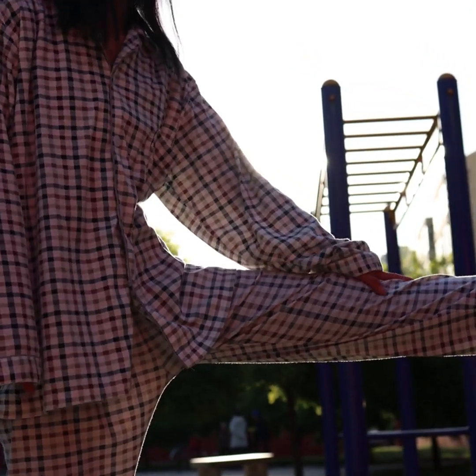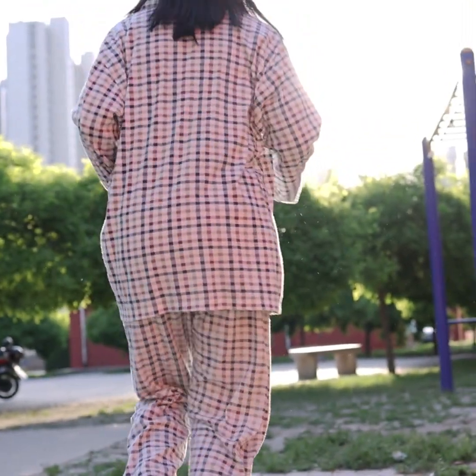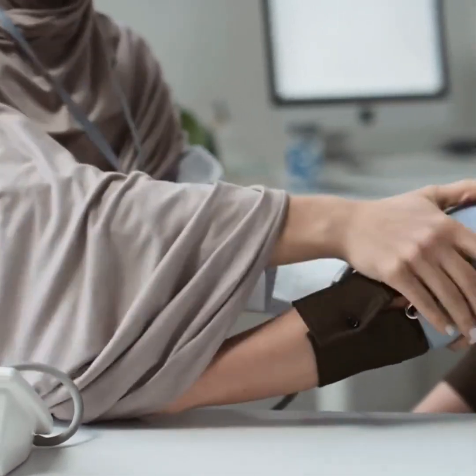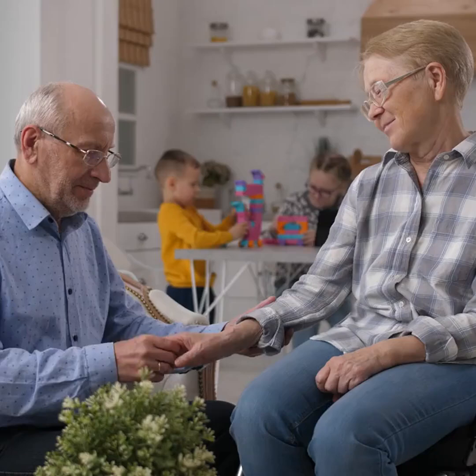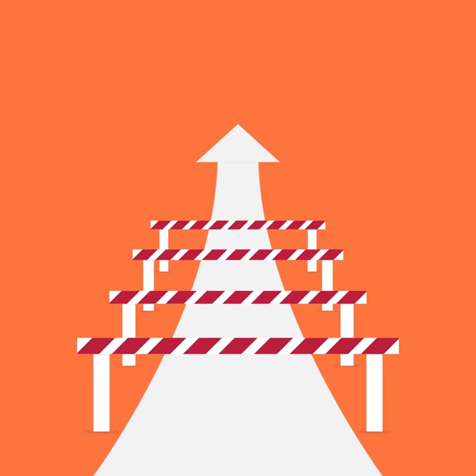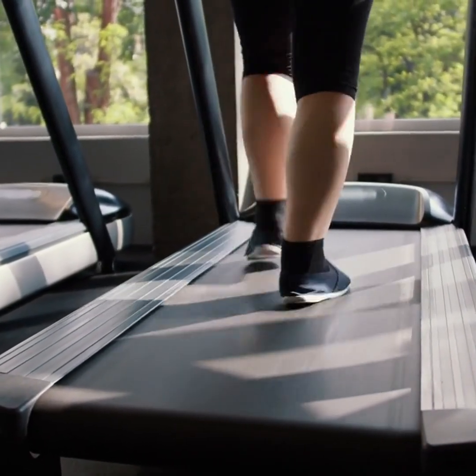Join me as I take on the challenge of overcoming hemiplegia weakness using just 2 simple exercises. Hemiplegia is a condition that affects millions of people worldwide, and it's a reality that I'm all too familiar with. Whether it's a result of a stroke, traumatic brain injury, or some other condition, living with hemiplegia can be a daily struggle. But I believe that no matter what challenges we face, we always have the power to take control and make a change. And that's exactly what I want to talk about today: how to overcome hemiplegia weakness through